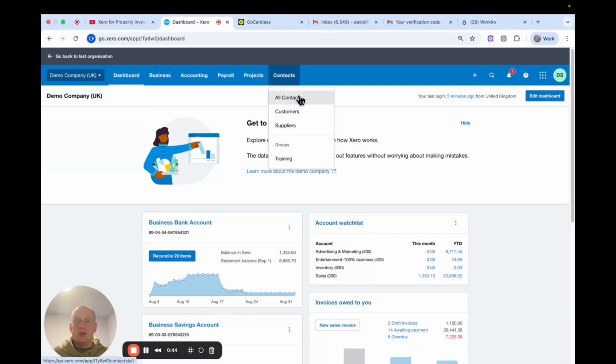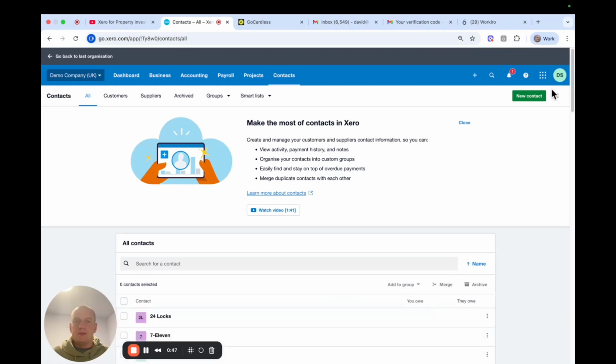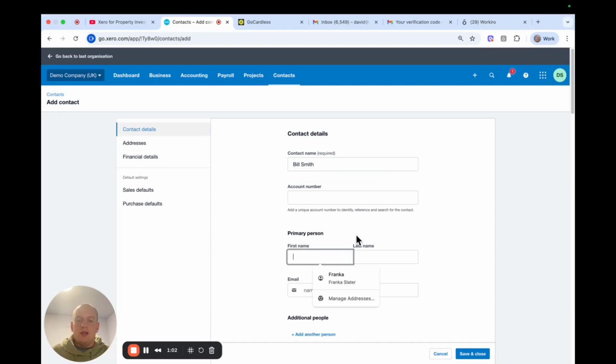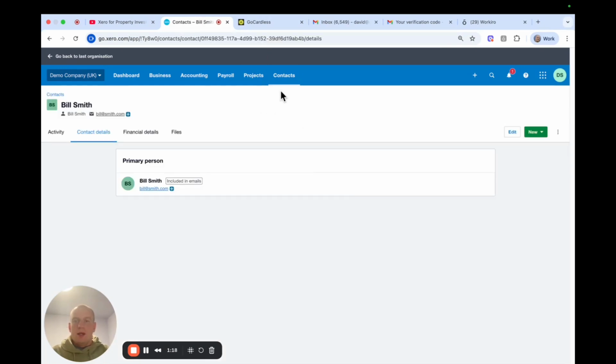So let's go into contacts, all contacts, new contact. I'm going to give the contact's name. So let's call this person Bill Smith. And you can put their details in below as well. Importantly, you need to have their email address. So let's put bill@smith. Then we're going to save and close. You can see that's now one of our contacts. And because that person is now in our contacts list,